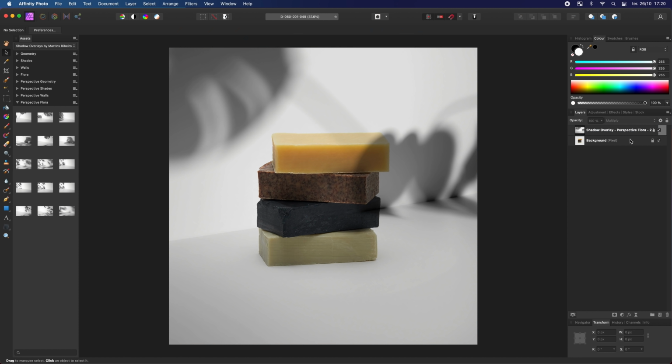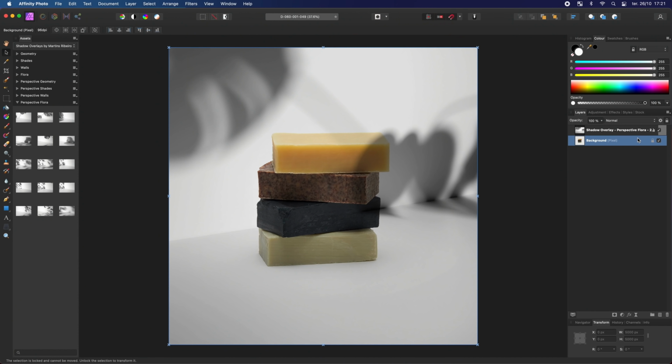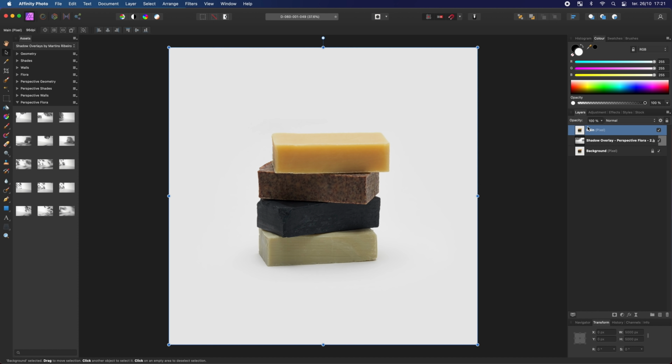So we have our overlay and we have our background, and we have a problem, which is the shadow is on top of the soaps, and so we need to cut out the soaps and separate them from the background. That way gives us more control over whatever happens to the background and whatever happens to our soaps. And to do that, we're gonna duplicate the background layer, rename it main, and move it on top with a quick selection